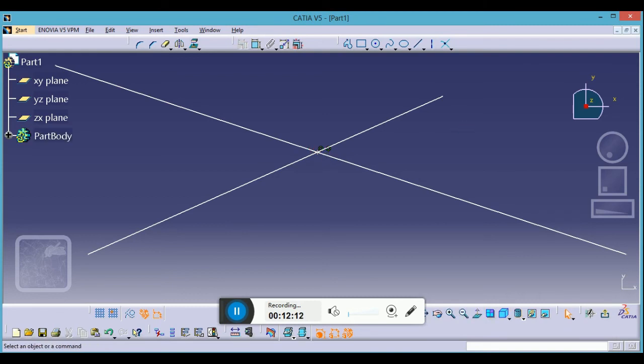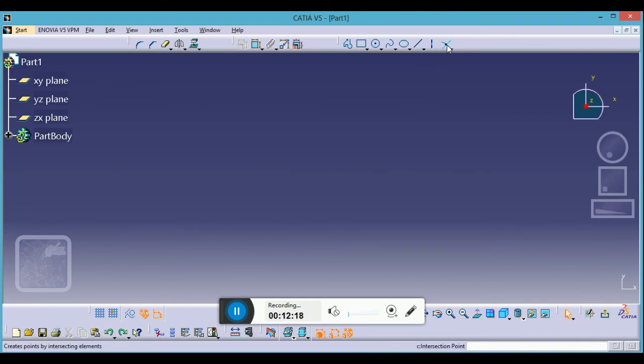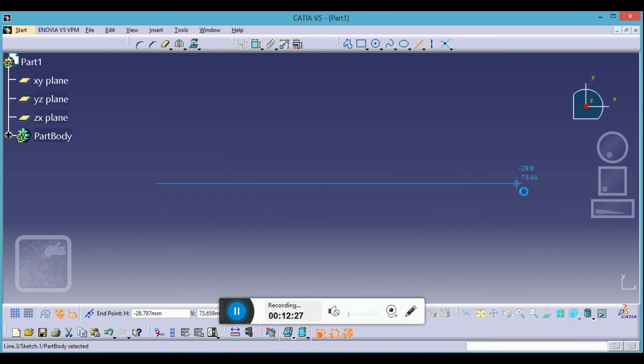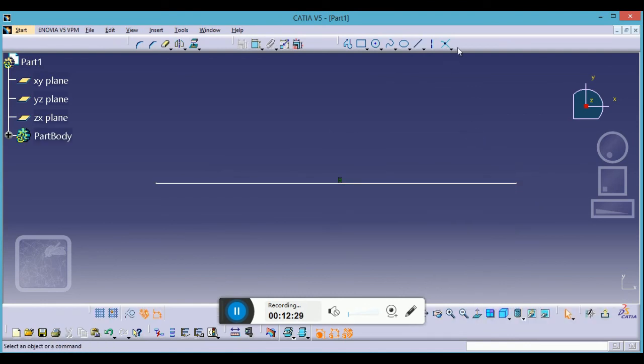That's a very easy one. The next one is your reflecting type, the projection point. Okay, for this I'm just generating one line over here. That may be any developed object or 2D object, and you just need to do one thing.